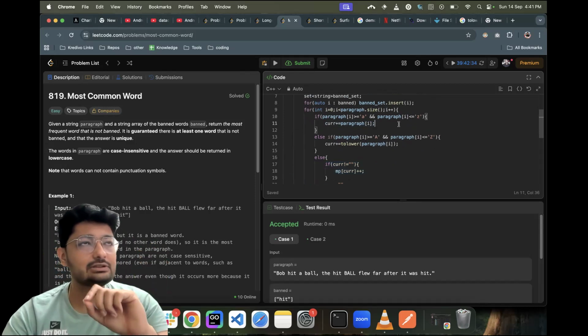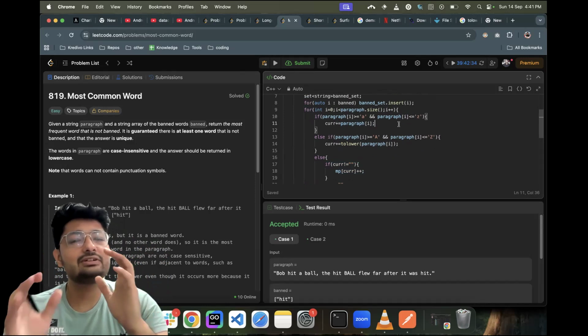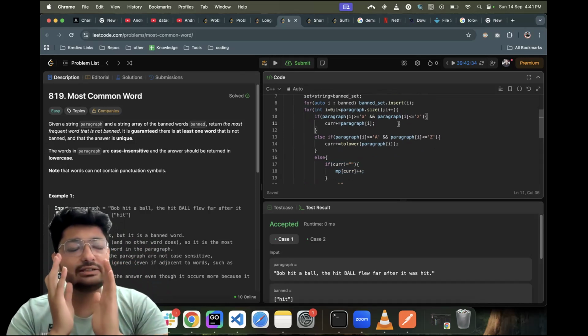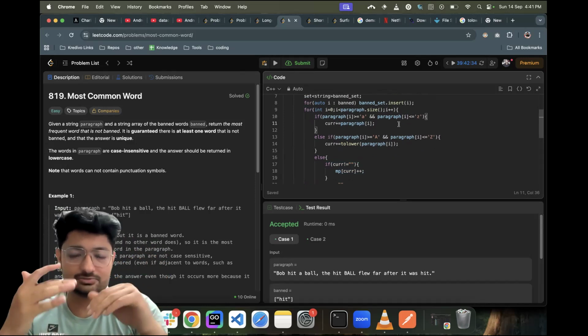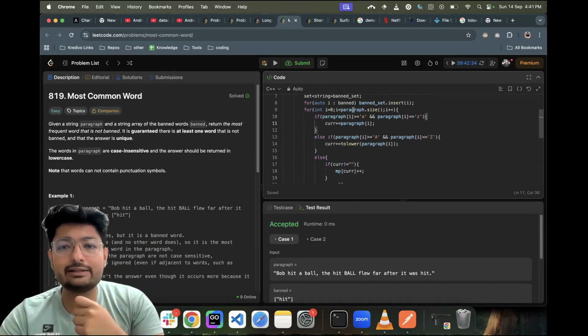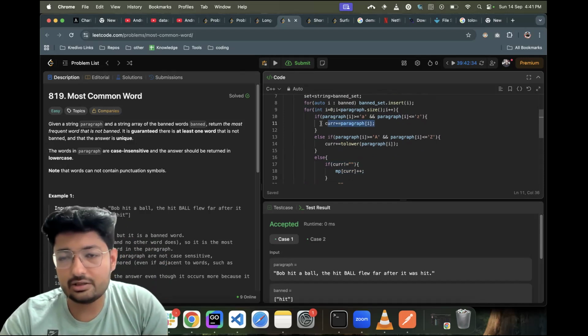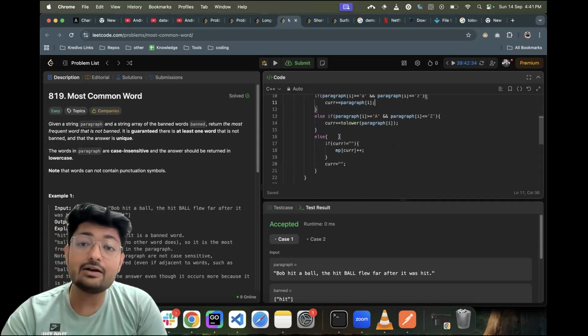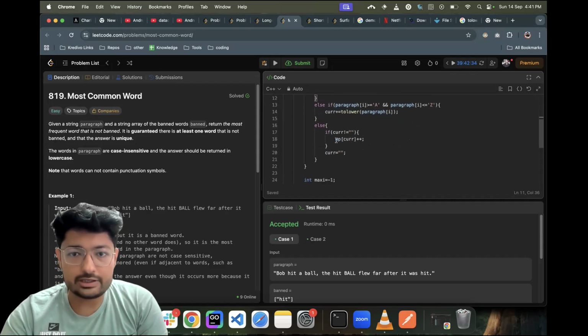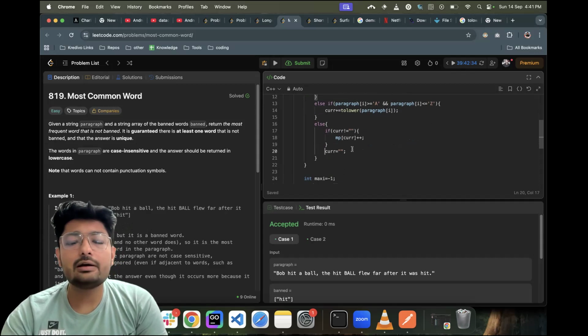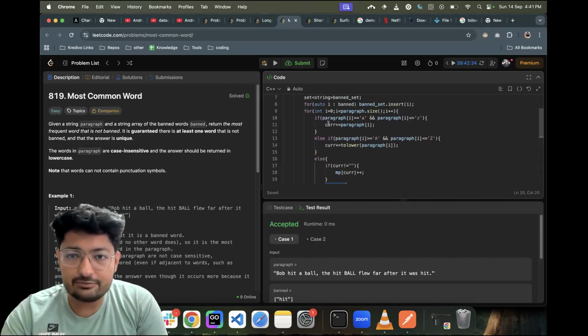If it is a character of the large alphabet or small alphabet, I will keep on appending that particular character to make the current word. Okay, I will keep on appending to make it the current word. When I have got the current word, I will take that current word,